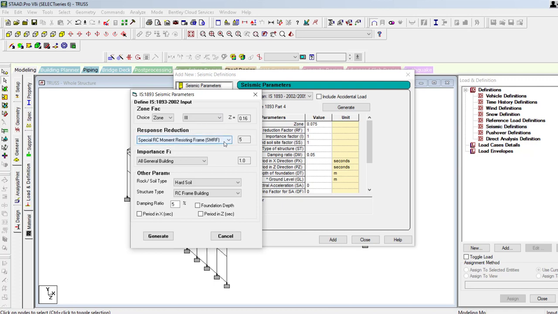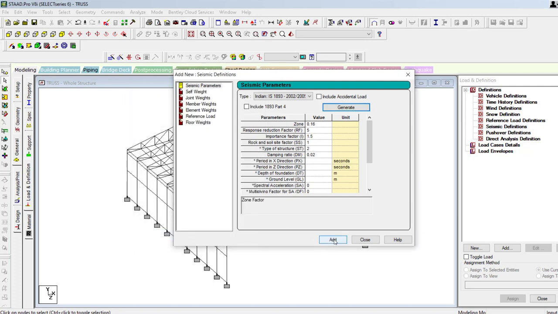Response reduction factor is 5. Importance factor is 1.5, that is important building. Soil type is hard. Damping ratio is 5%. I just change it into steel framing and then you can give 2%, and click on the generate, add.